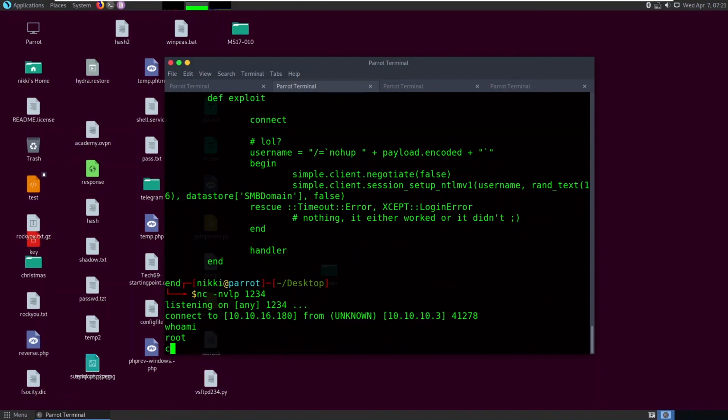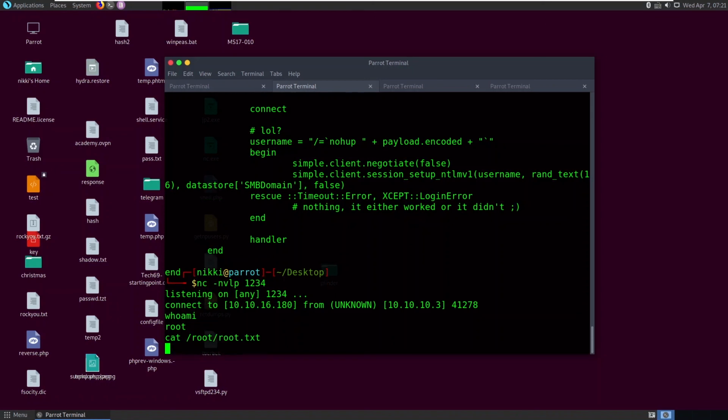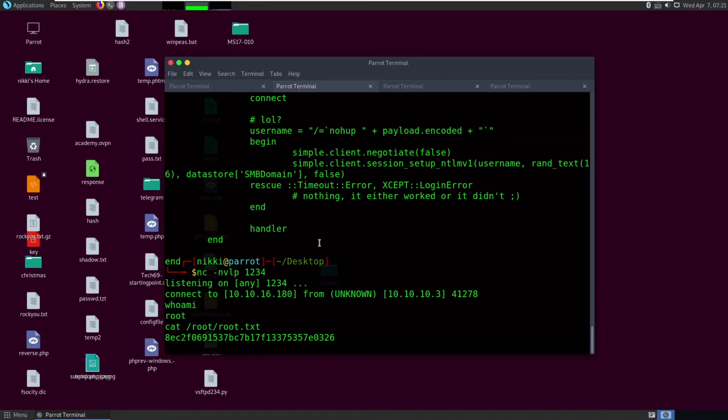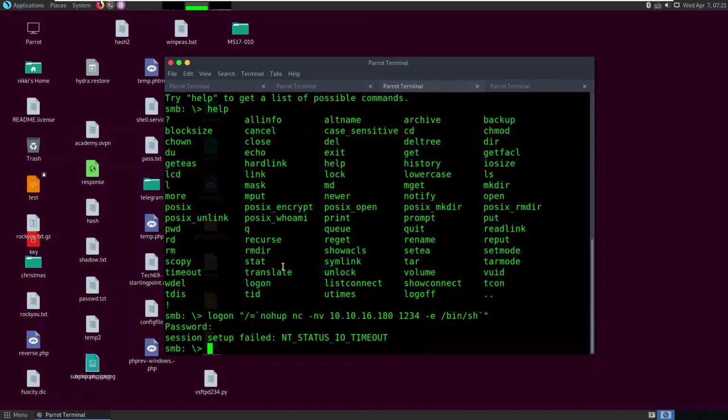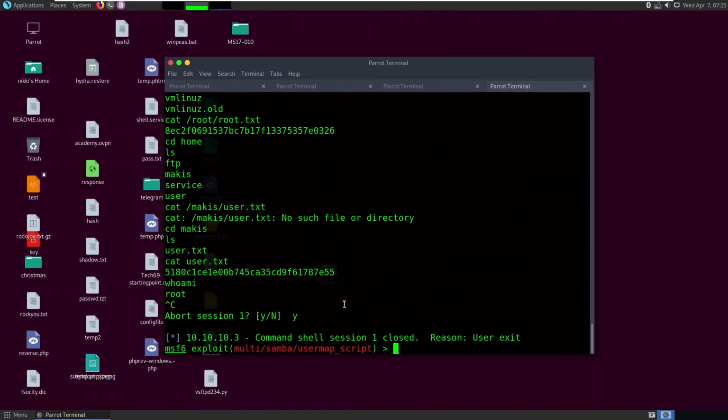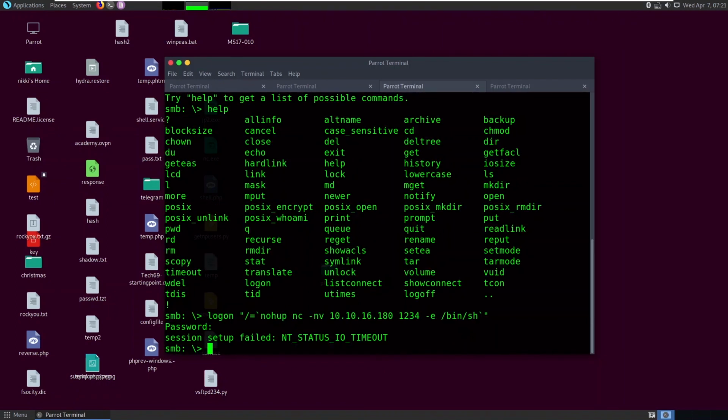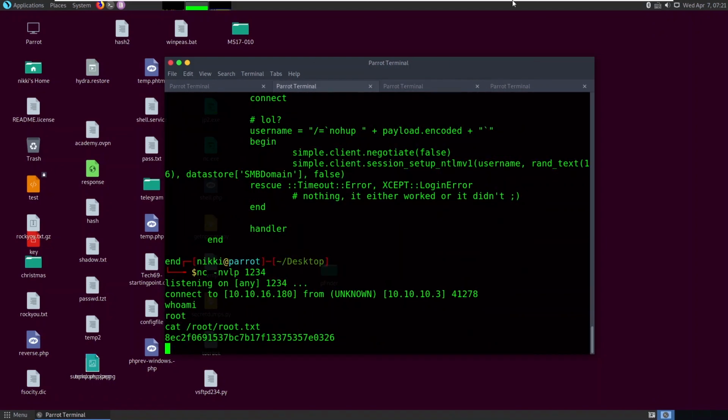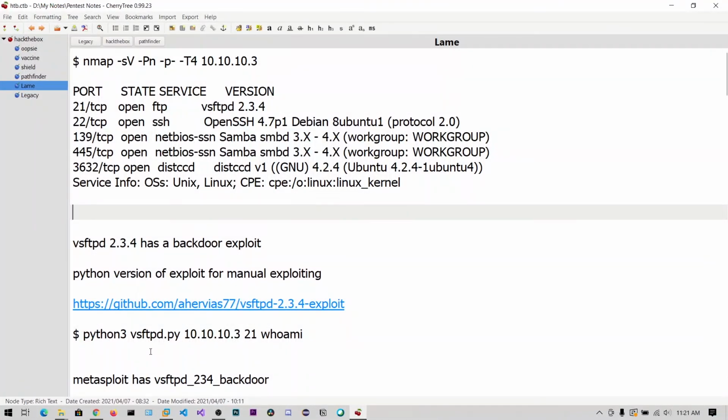So you can also display the root.txt file. Okay, so in this way you can use searchsploit to find the actual exploit files, and you can read the code in that and execute in a similar way. So Metasploit is like a template for these exploits. You can directly run the command, but in the background it will execute the payload. So we have successfully pwned the Lame machine from Hack The Box.